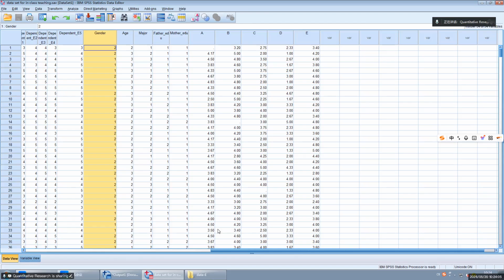I want to change it to the dummy variable for female. Yeah. So in the male dummy variable, all males are labeled as what?